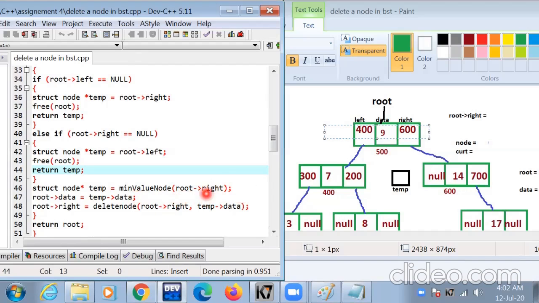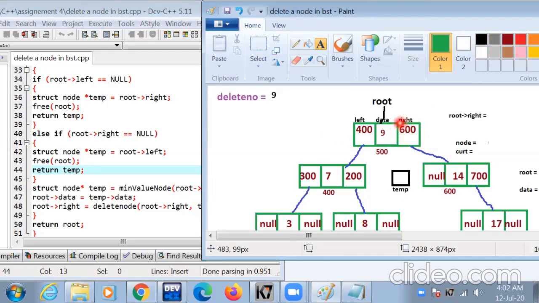Now we call the min value function and the value is returned. The min value node is inserted in temp. We call the min value node function with root right, value 600.